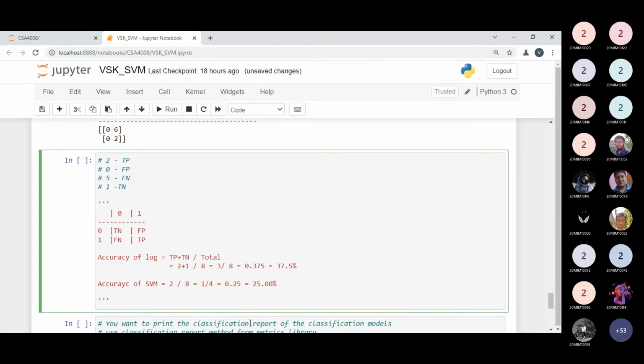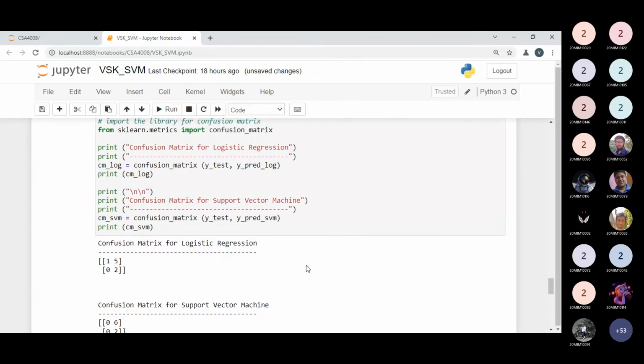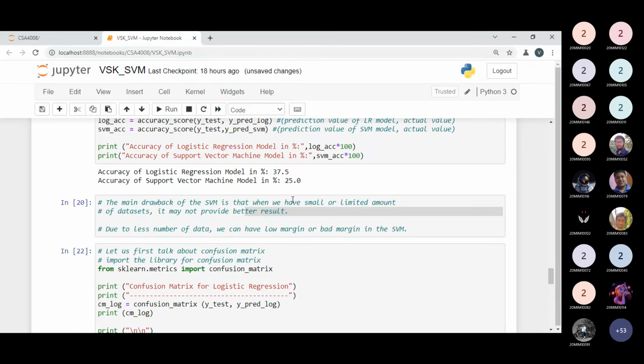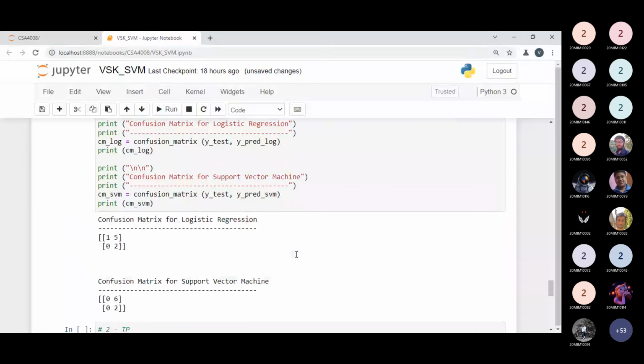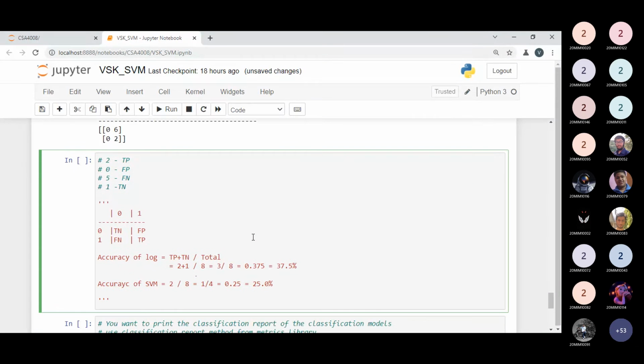So this is a way, and yes, you can see this accuracy we got by the accuracy method, that is 25%. So this is a proof. I'm showing everything with the proof. It is also possible, yes, of course we got it. Now it is clear? Is it clear so far what we have done, and how we are getting the value of the accuracy using the confusion matrix?